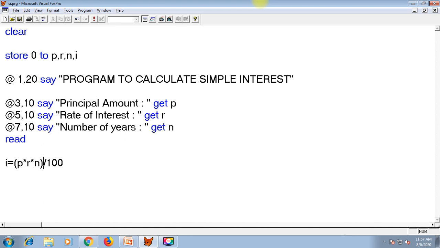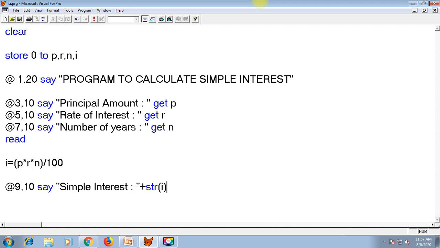Then what shall we do? We want to print. Okay, the simple interest is this. So 9 comma 10 say "simple interest" plus STR into bracket I. Why STR? Because I is numeric and simple interest is text.